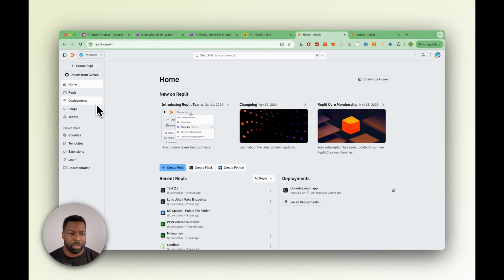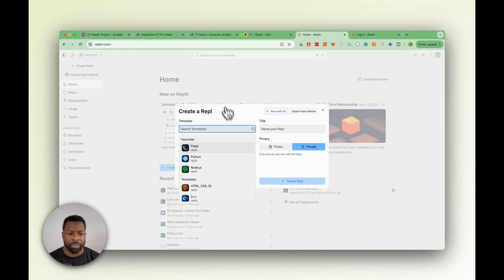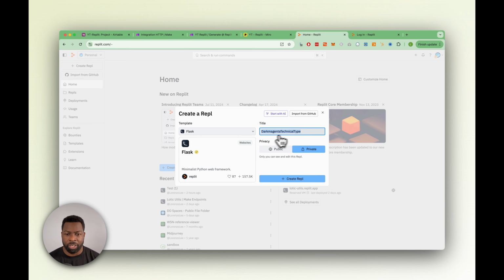So I'm going to click here to create a Repl. We're going to use a Flask Repl. I'm going to use Python instead of JavaScript today. I like Python better than JavaScript. Anyways, I'm going to use Flask, which is a library that allows you to make easy endpoints. So I'm going to click Flask, and I'm going to say,